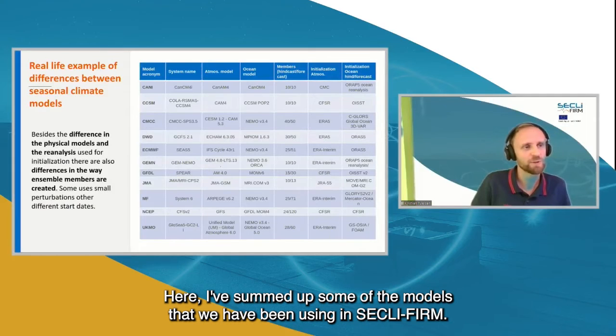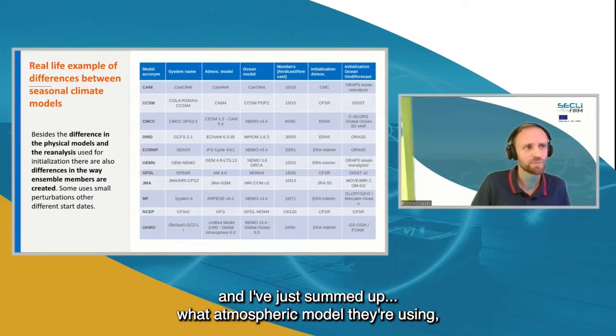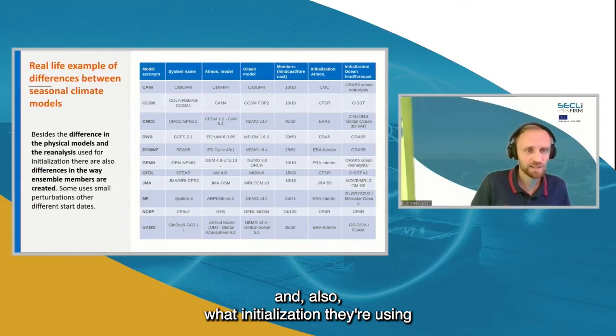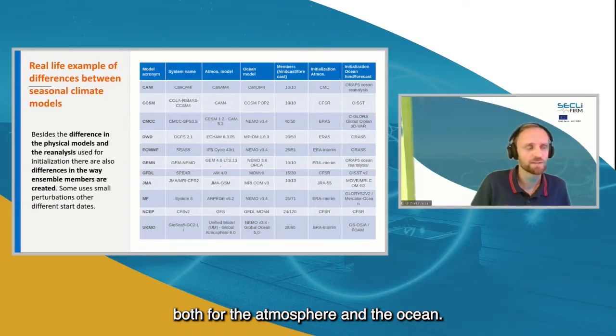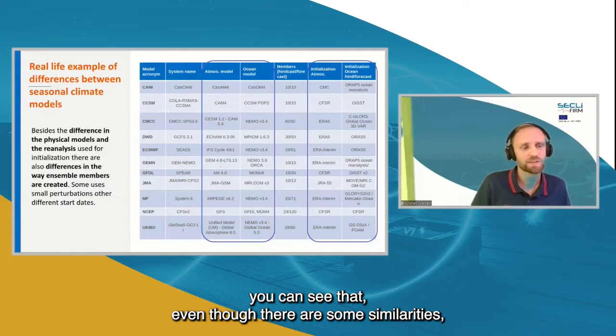Here I've just summed up the models that we have been using in SECLI-FIRM. You can see there are 11 models here, and I've summed up what atmospheric model they're using, what ocean model they're using, and also what initialization they're using, both for the atmosphere and the ocean. So if we look especially at these columns here, you can see that even though there are some similarities,